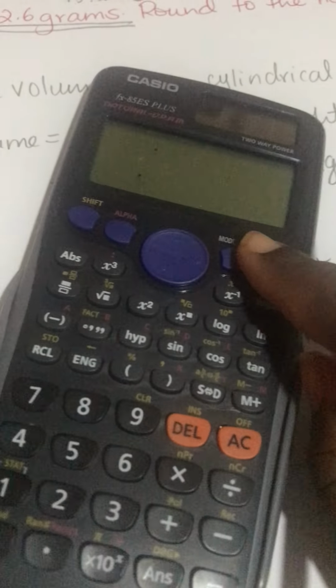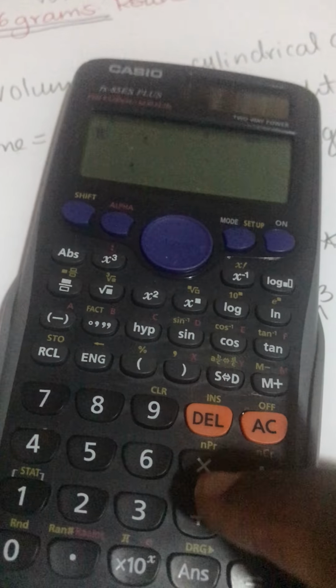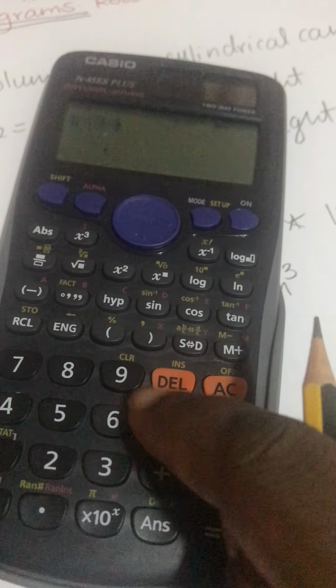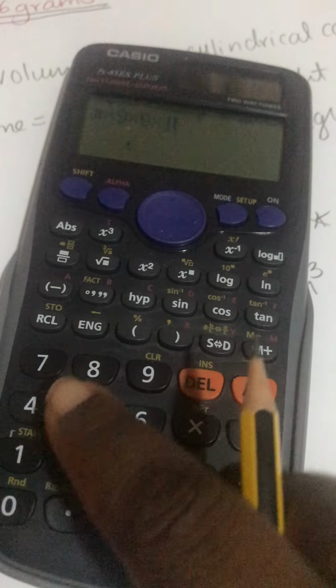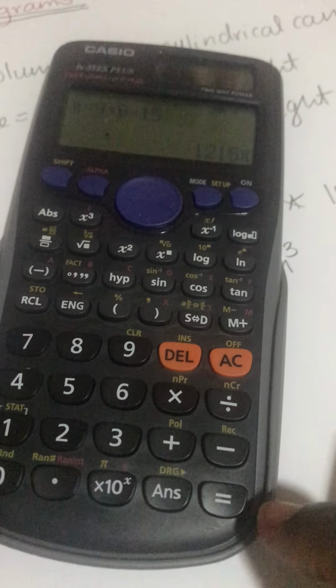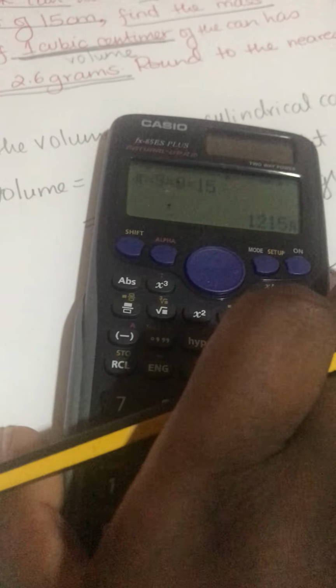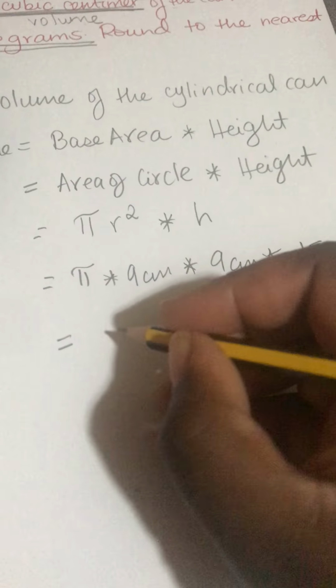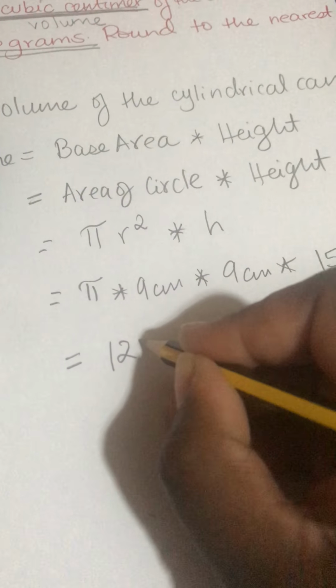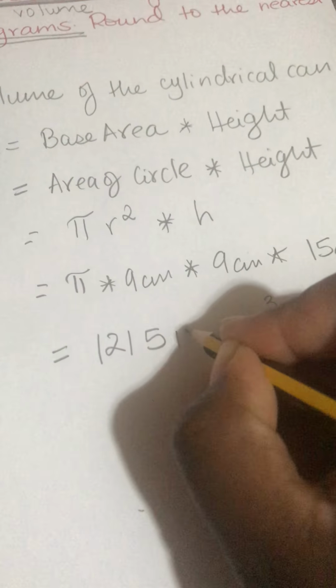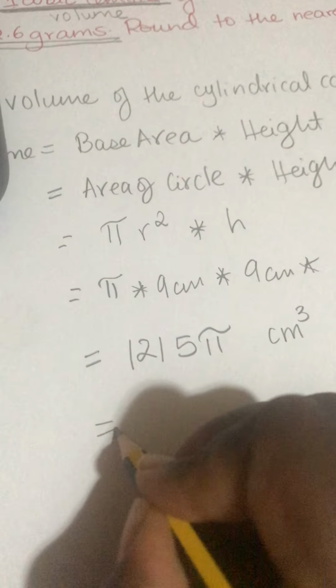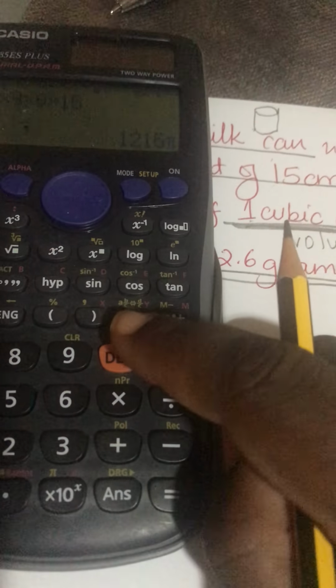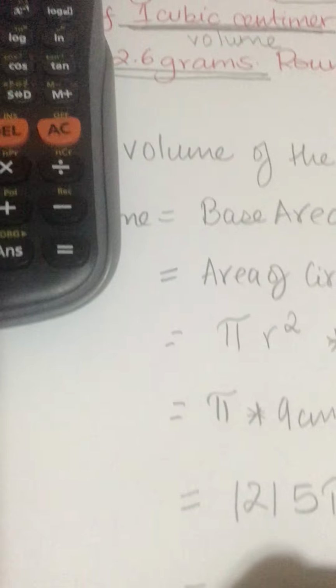So I take my calculator and I press shift pi times 9 times 9 times 15, and I get 1,215 pi, 1,215 pi,